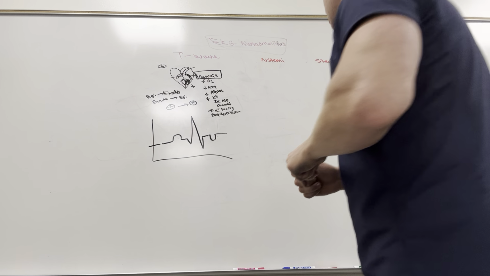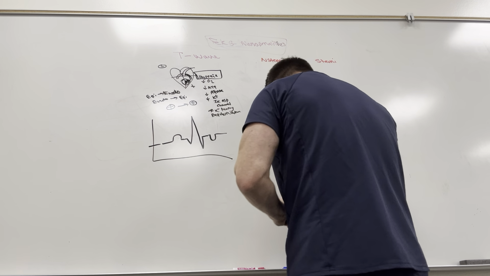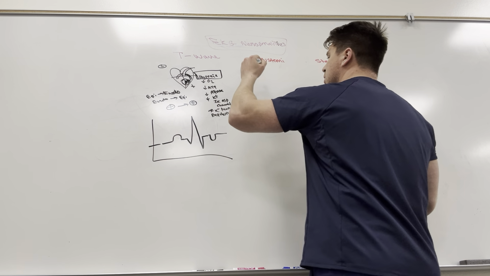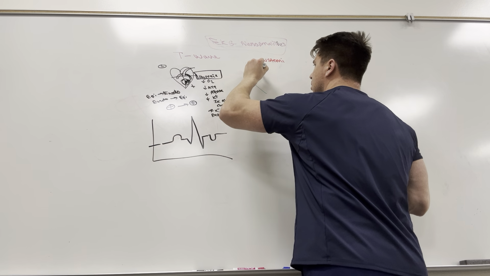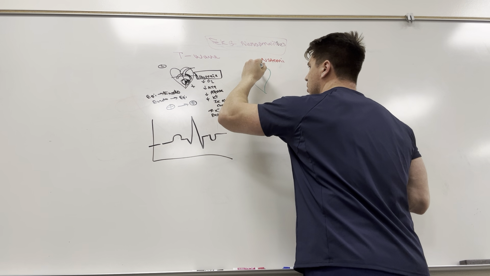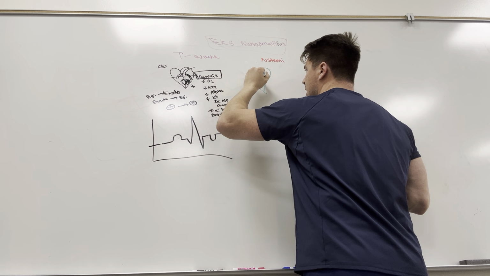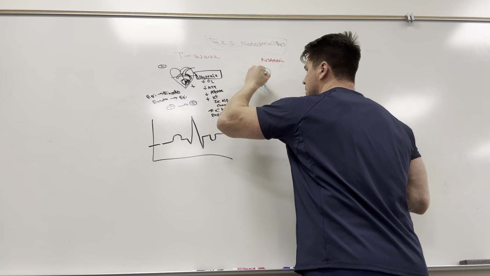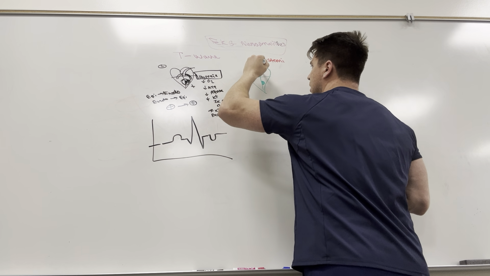Okay, so then we have NSTEMI. How NSTEMI works is the same kind of deal here. We have our 4 quadrants. We have this death of this tissue here. Could be a blood